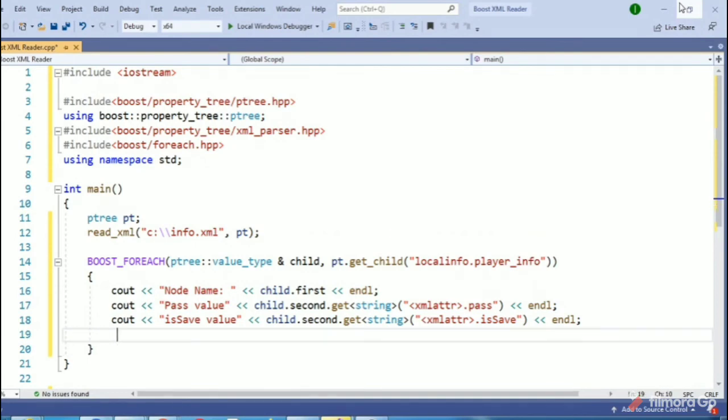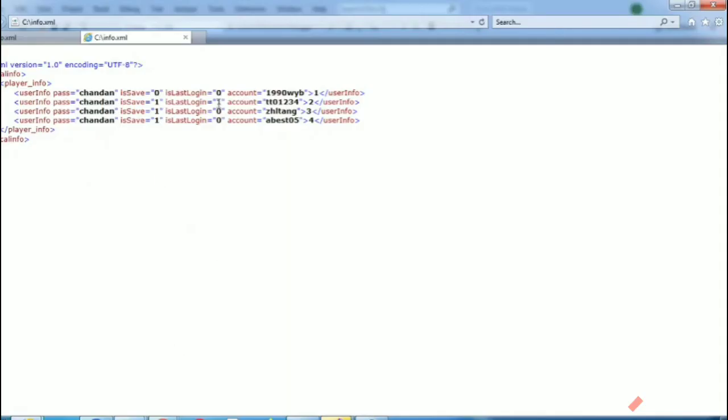So let's copy another one. For the first child I also have is last login.